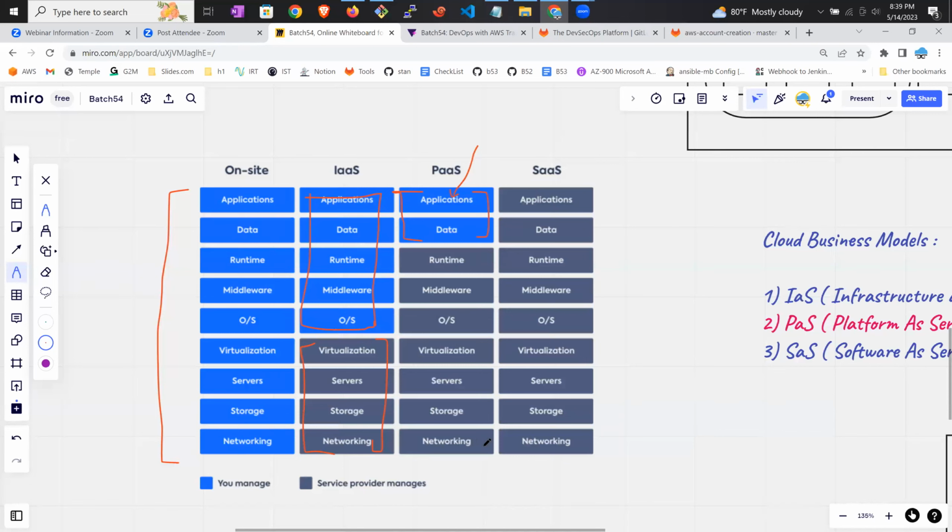Here in this case, your network, server, hardware, operating system, middleware, runtime. Runtime is nothing but platform. Everything is going to be managed or administered. You don't have access to that. It will be completely managed by your provider. When you're considering a SaaS solution, from top to bottom, the cloud provider is going to take care of it. You just need to consume the service that you're looking for. That's all. So considering this diagram,